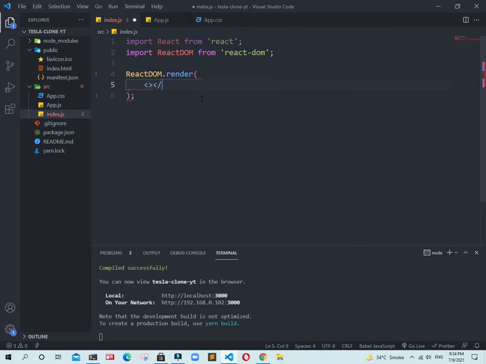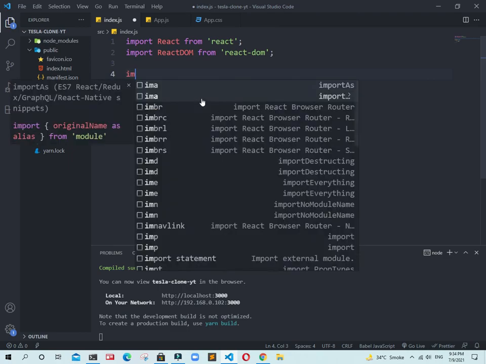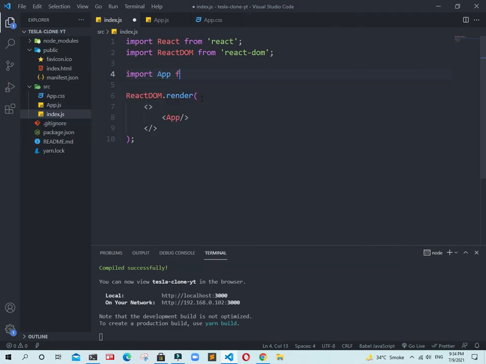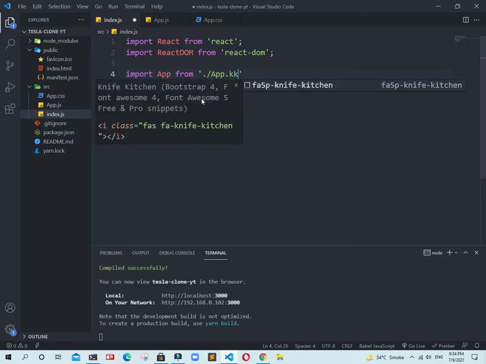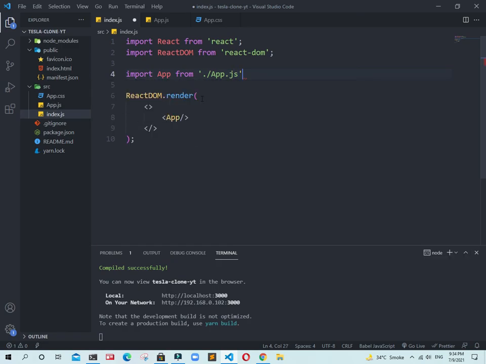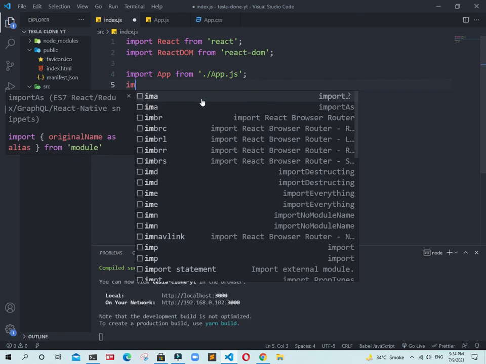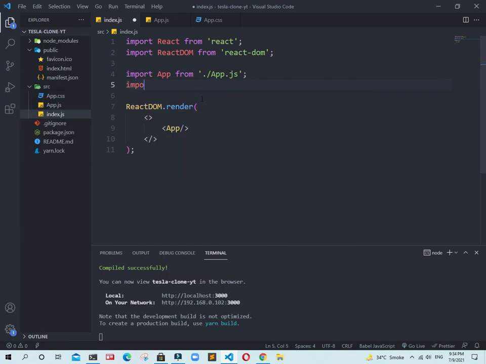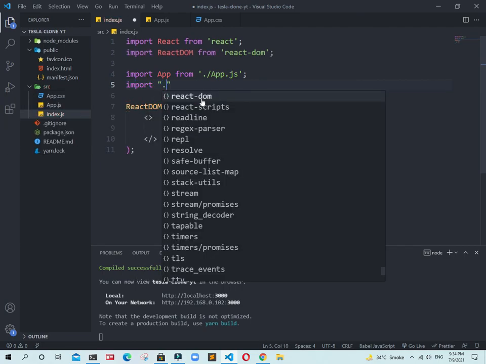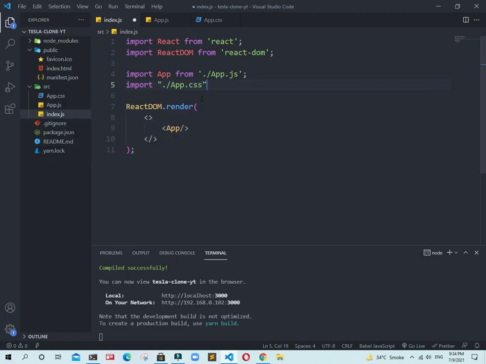Now create a React fragment. In this React fragment we need to call our App and import App from ./App.js. Also we need to import our CSS file, so type ./app.css.